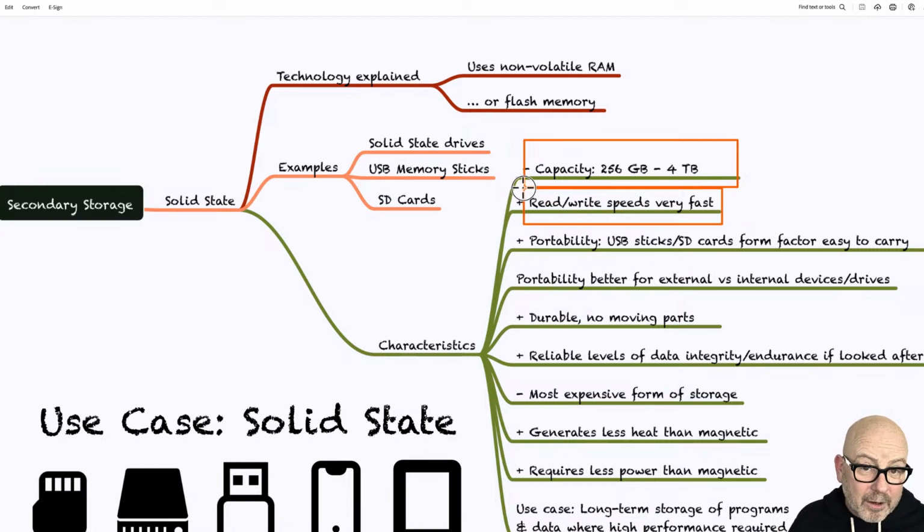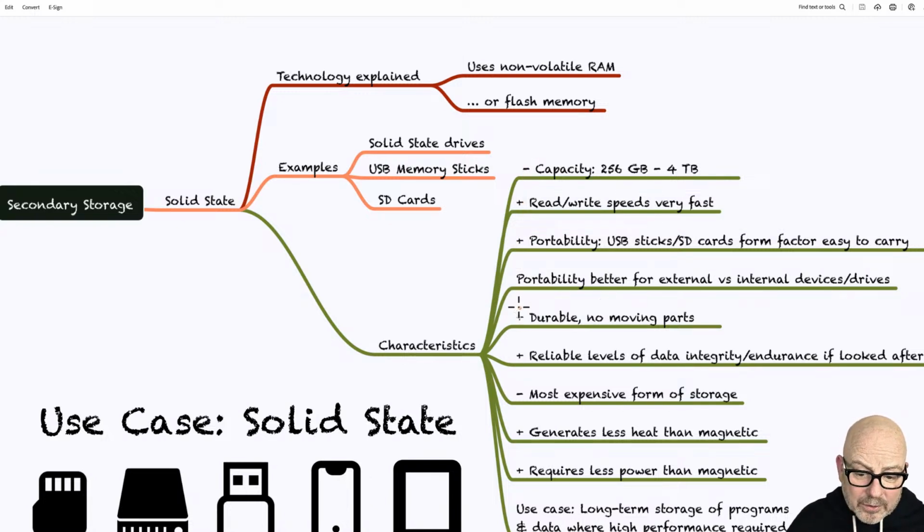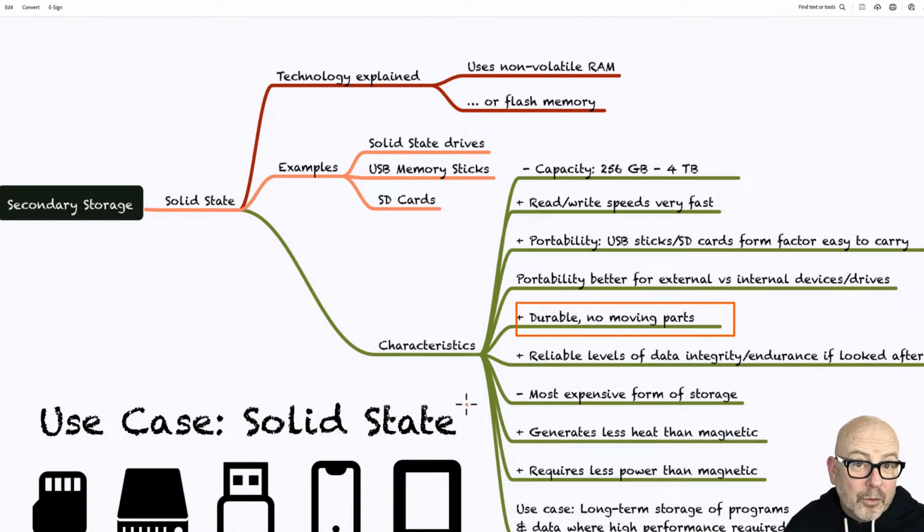Super quick read-write speeds, the fastest ones. Highly portable, form factor, easy to carry. It's really good for external and internal devices. The other key thing is no moving parts, which means it doesn't generate heat, which means that it doesn't need cooling, which means it requires less electricity, which means if you've got this in your computer, the battery life will